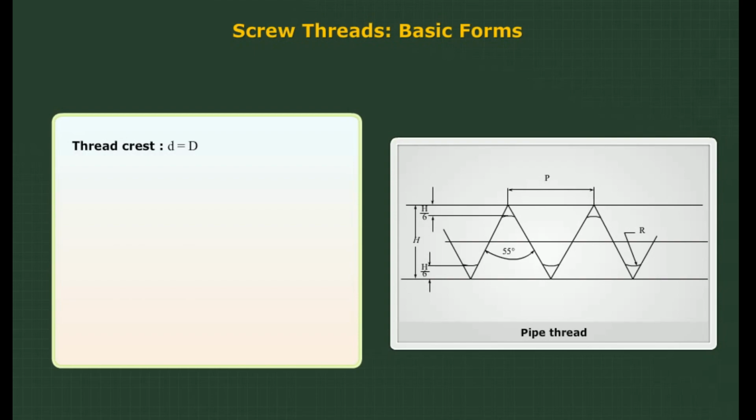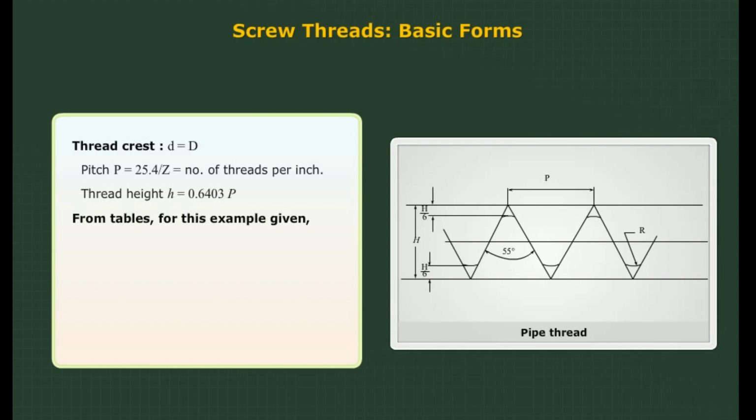Thread crest. D small is equal to D capital. Pitch P. Z is number of threads per inch. Thread height H. From tables, the dimensions for this example is given as